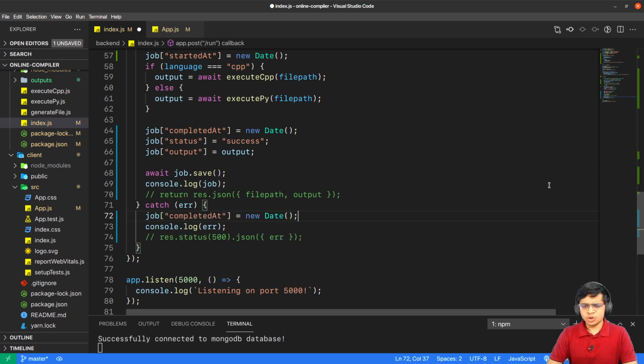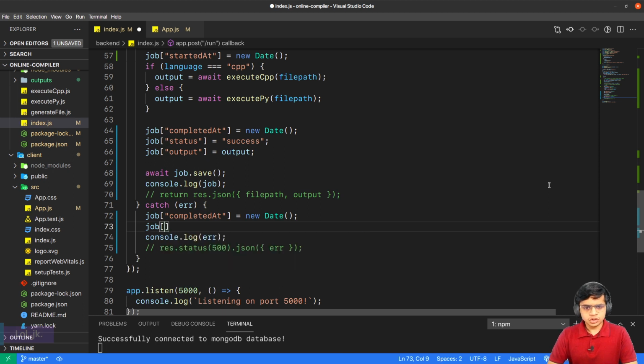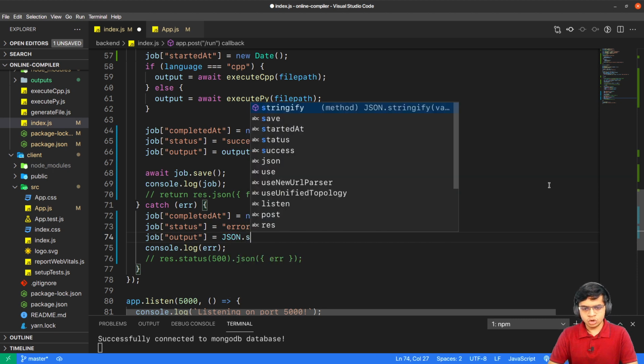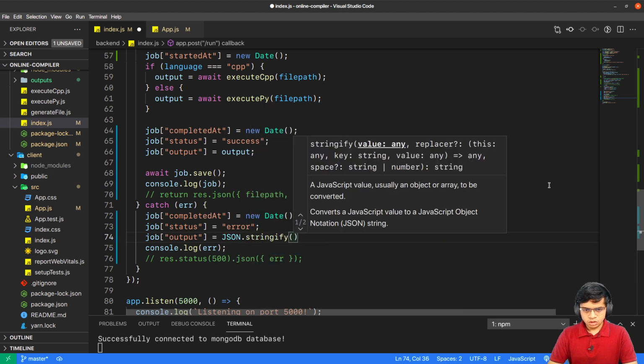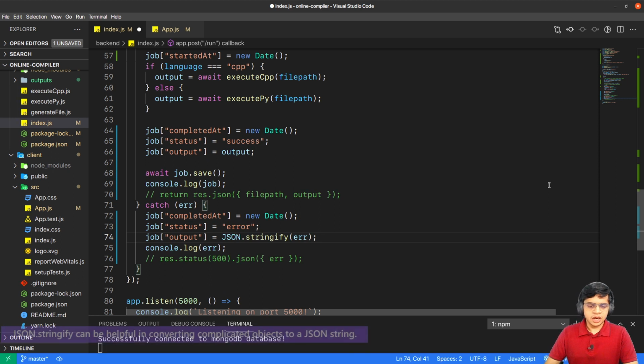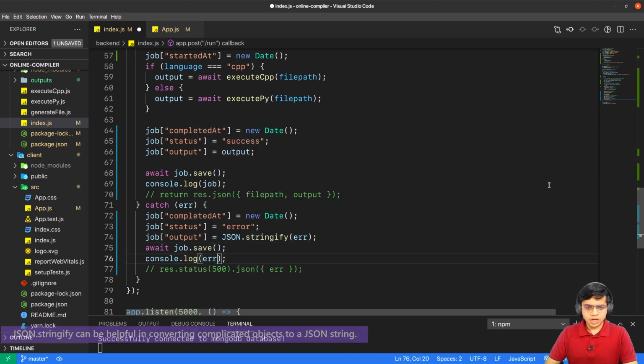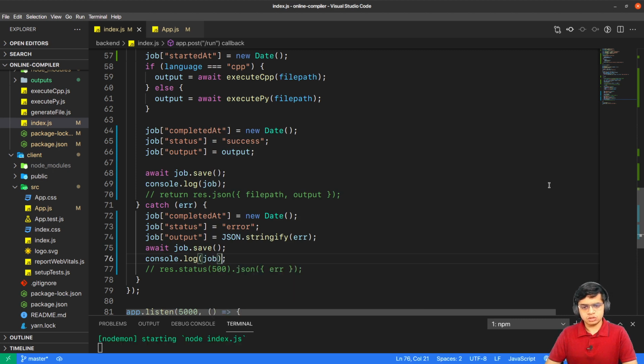A little code duplication doesn't hurt. Job status is error, and job output, we'll just store the error in the output field. Error could be a complicated object to handle, so we'll just JSON.stringify error, and now we'll again save this, job.save, and then I'll again console log job.